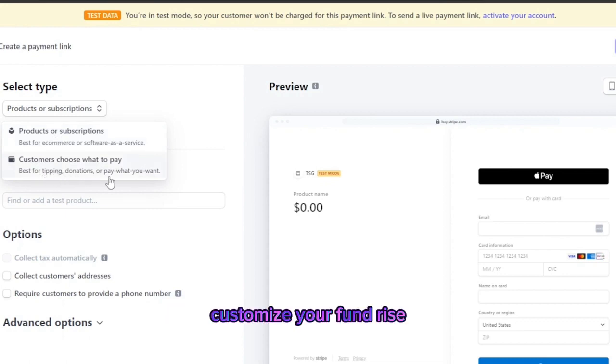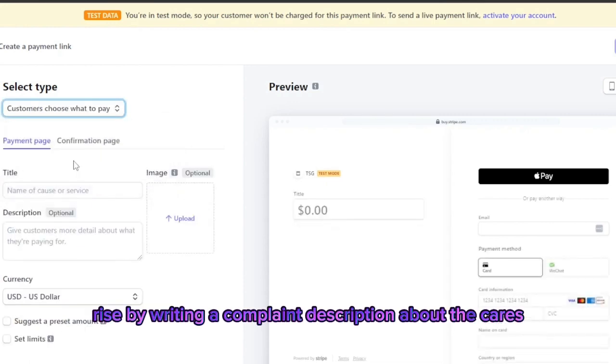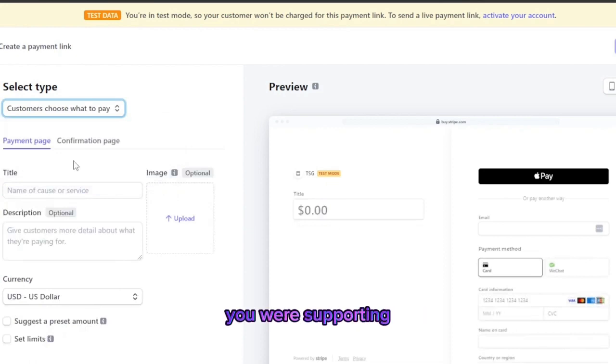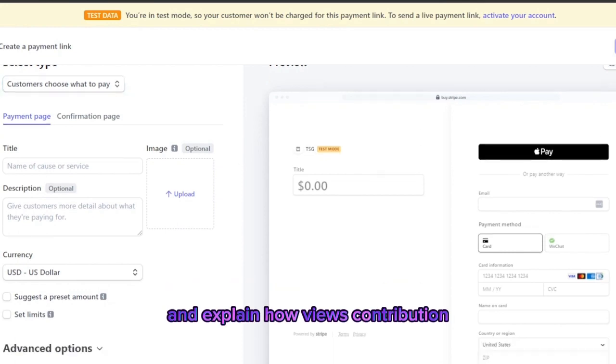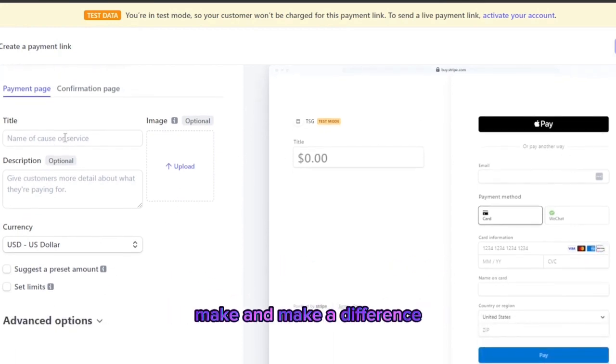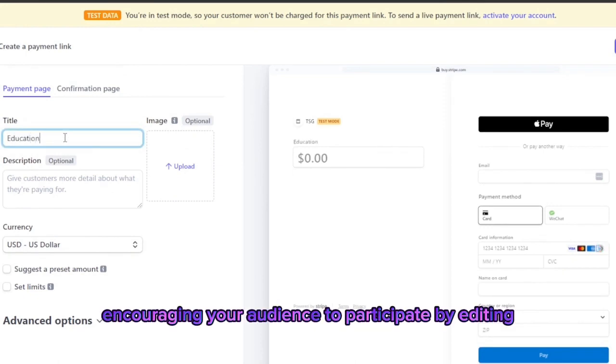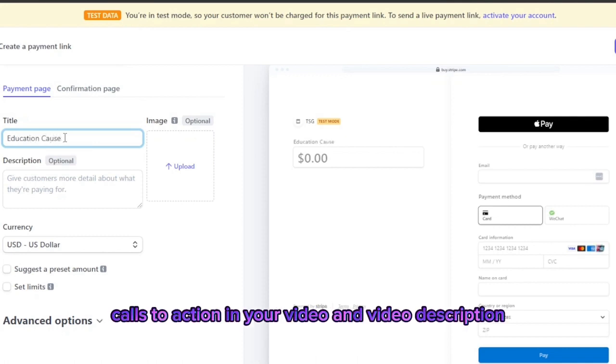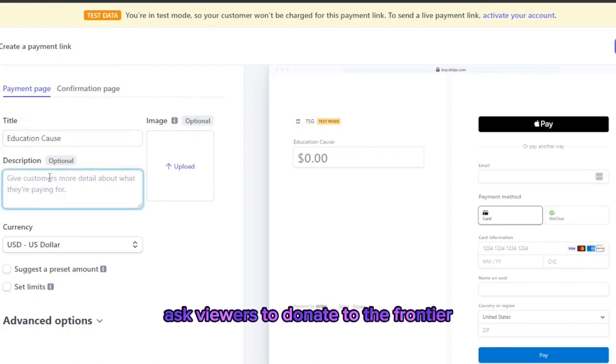Customize your fundraiser. Personalize your fundraiser by writing a compelling description about the cause you are supporting. Share why it's meaningful to you and explain how viewers' contributions can make a difference. Include a call to action. Encourage your audience to participate by adding calls to action in your video and video description. Ask viewers to donate to the fundraiser through the feature and explain how their support will impact the cause